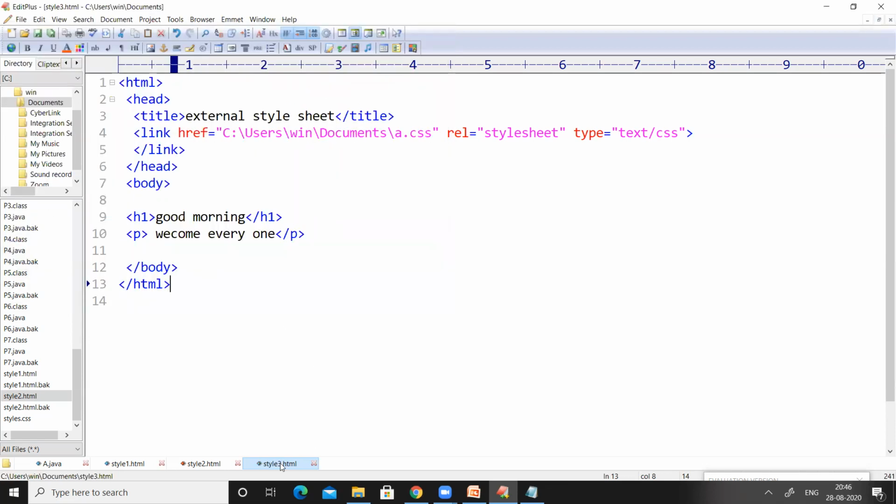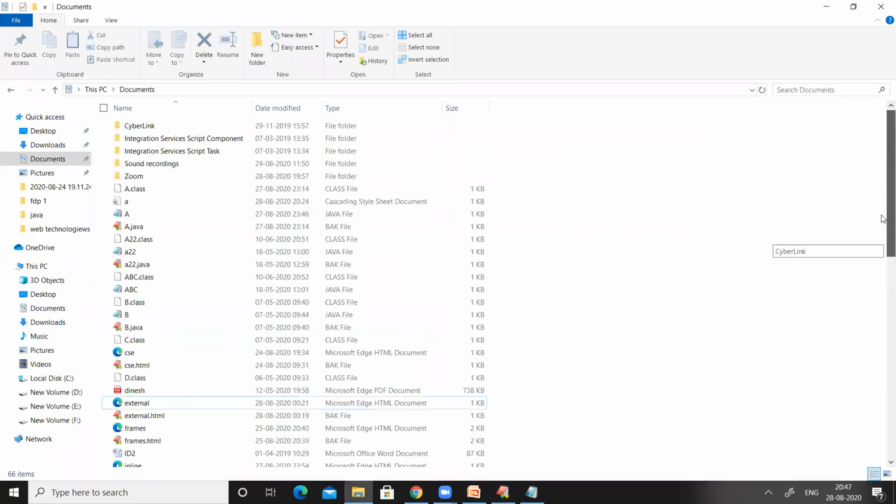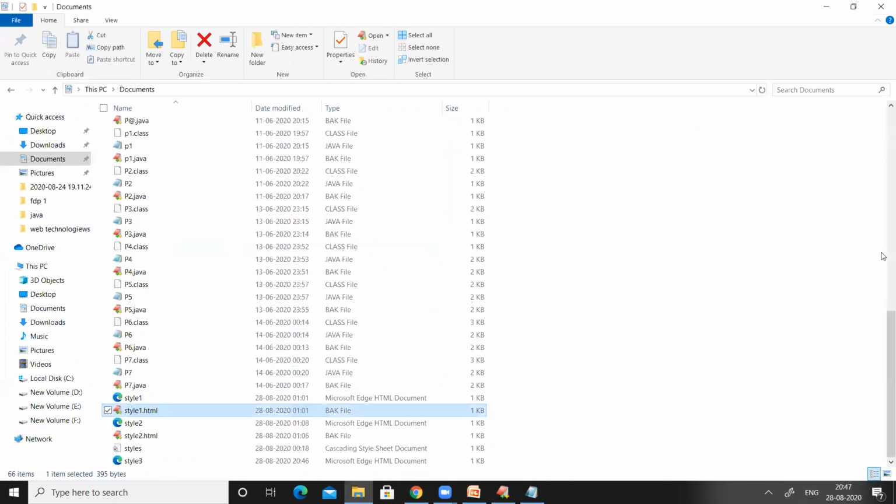Now it has been saved in documents with the name style3.html. So let us open the documents folder and find style3.html. Here it is at the bottom, right? So style3, and it is an HTML document.